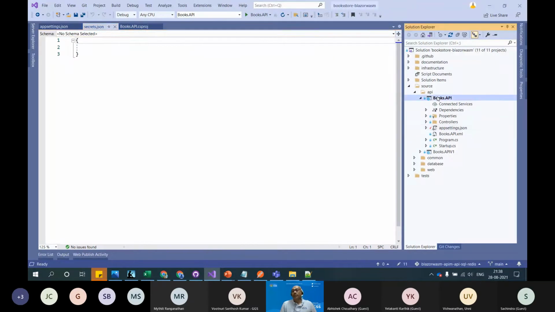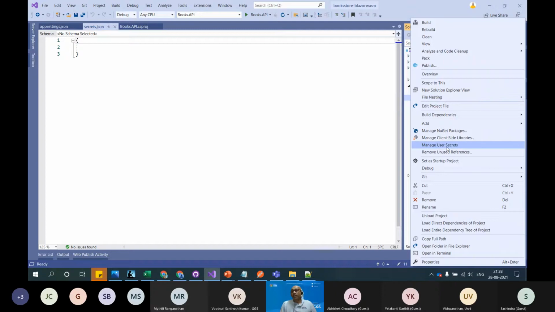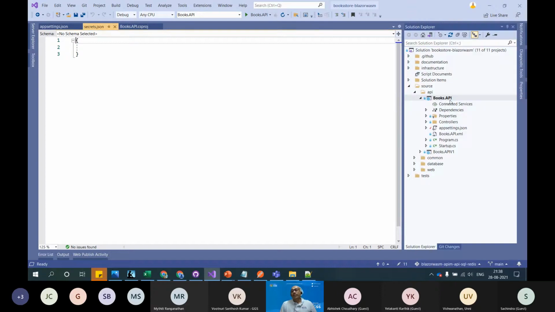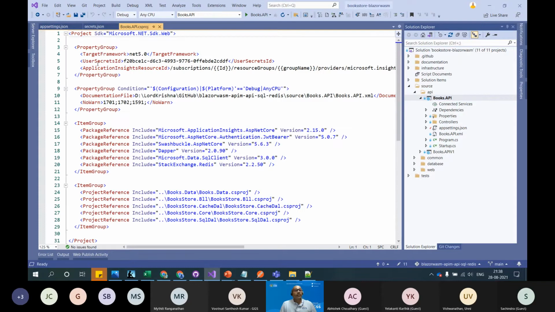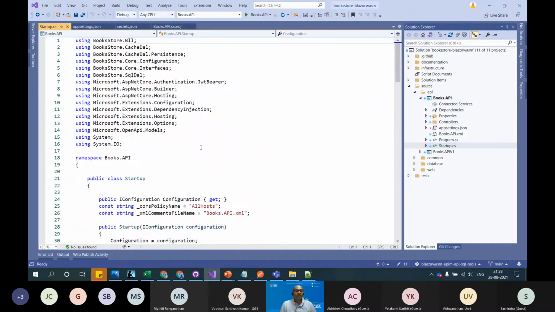How do you do that? Right mouse click on that API project and click on Manage User Secrets. The other way to identify that is you can double click on that and you can see the user secret ID. Okay, and how does the API know that it has to read the information from app settings and user secrets? So if you come to this